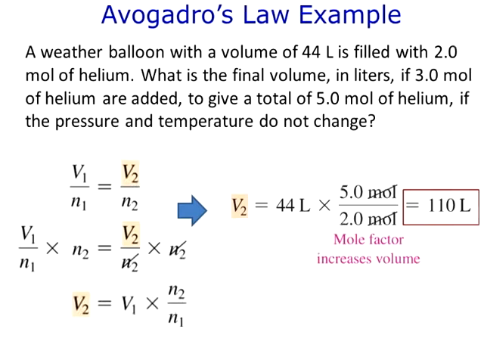So, Avogadro's Law involves moles. And we now know that as the volume increases, so do the number of moles. So you want to be aware of that relationship. So with Avogadro, we have the pressure and temperature constant, no change. Therefore, we ignore them in any calculation, even if the values are given in the problem. Okay? So more moles increases volume. That is a take-home principle for Avogadro's law.